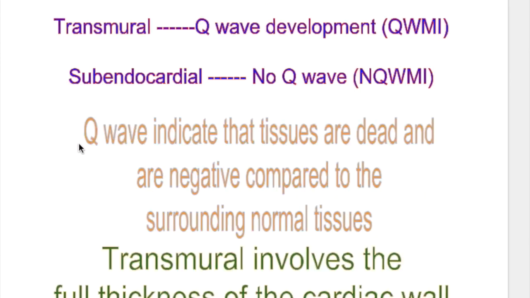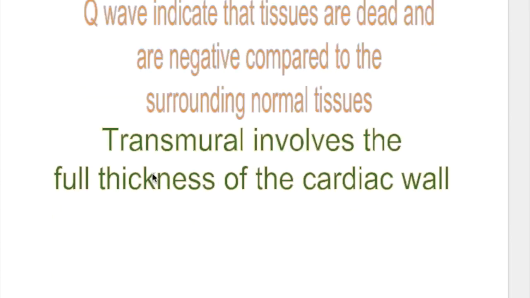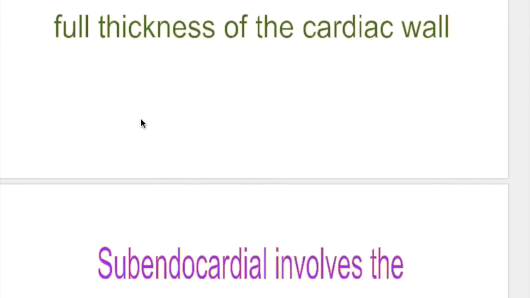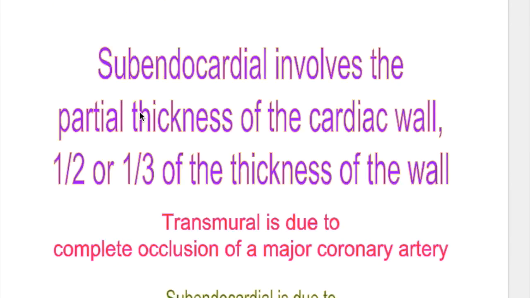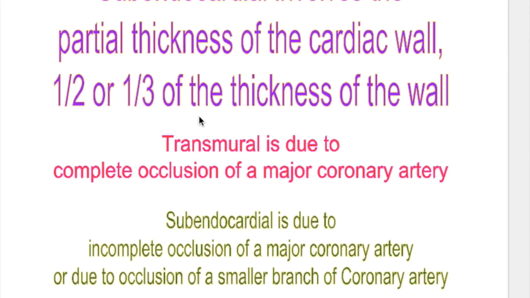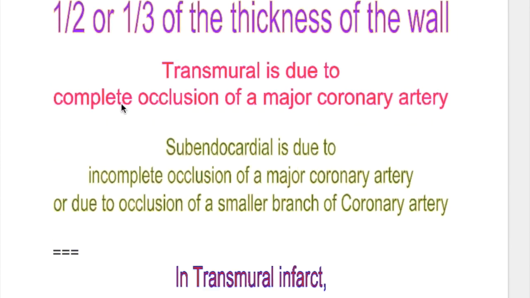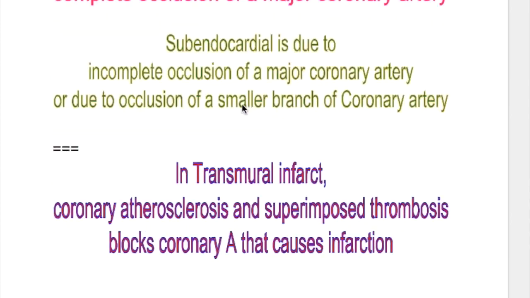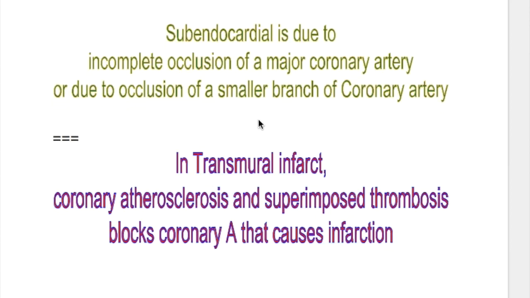So what does the Q wave mean? Q wave indicates that tissues are dead and are negative compared to the surrounding normal tissues. Transmural infarct involves the full thickness of the cardiac wall, whereas subendocardial infarct involves the partial thickness of the cardiac wall, half or one-third of the thickness. Transmural is due to complete occlusion of a major coronary artery. Subendocardial is due to incomplete occlusion of a major coronary artery or due to occlusion of a smaller branch of